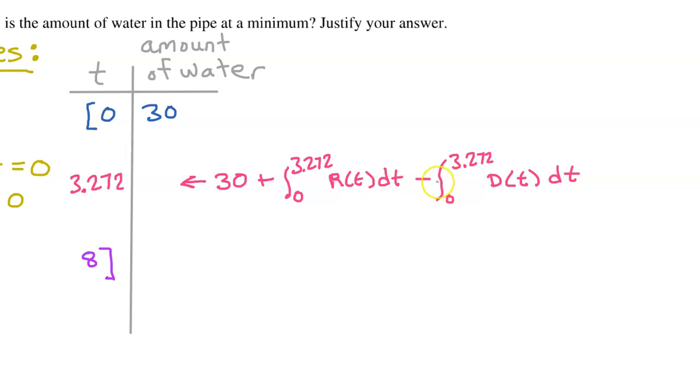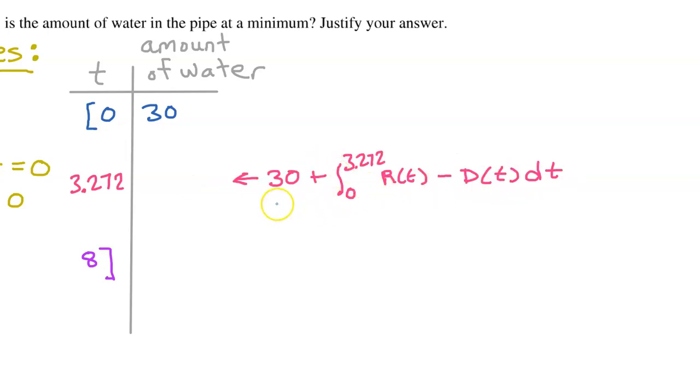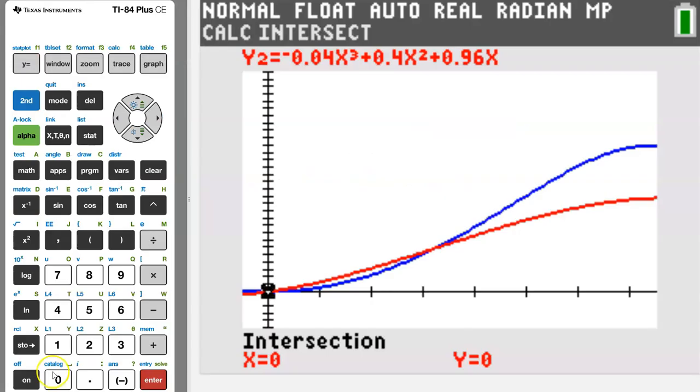Notice that the limits of integration are identical. When that is the case, you don't actually have to write it as two separate integrals. It will save you some time if you rewrite this as a single integral. And this is something we can type into the calculator. Just remember that function r is in y1 and function d is in y2. So I'm going to start by writing 30 plus the integral from 0 to this value, which I typed into letter A. So to the calculator,